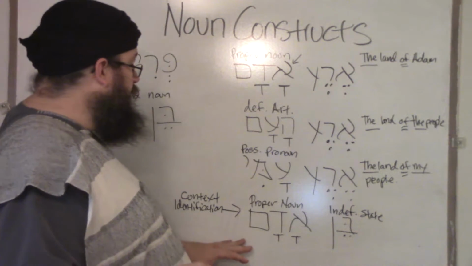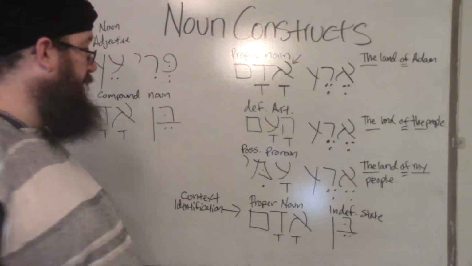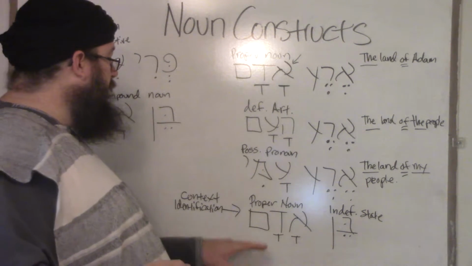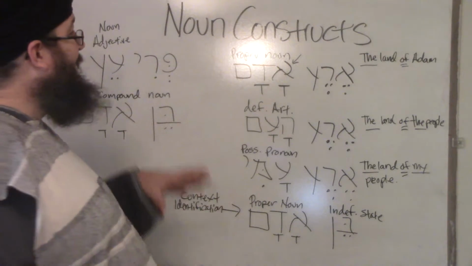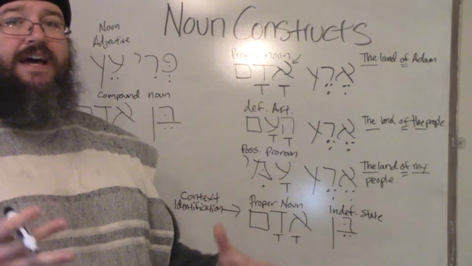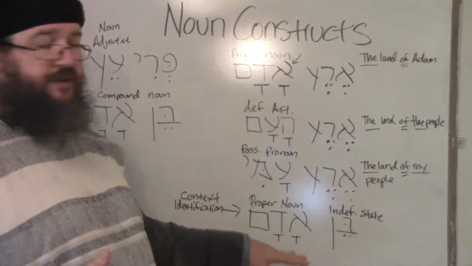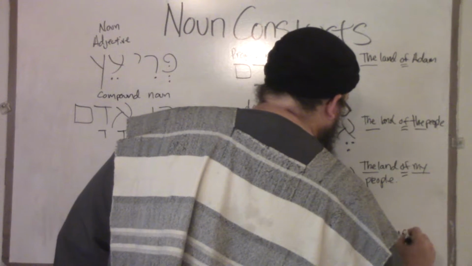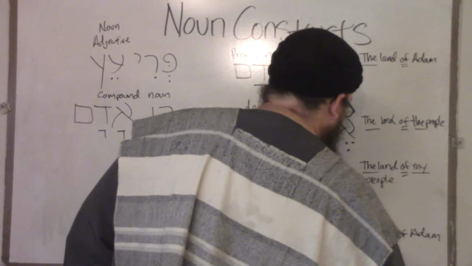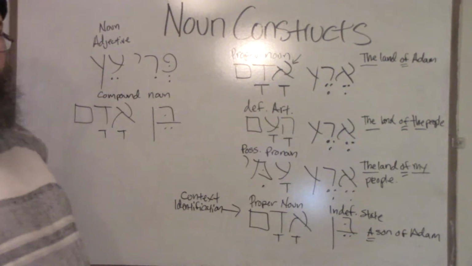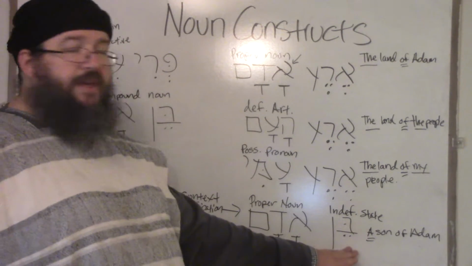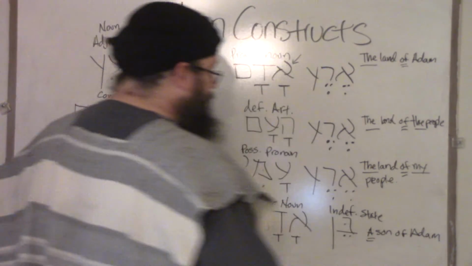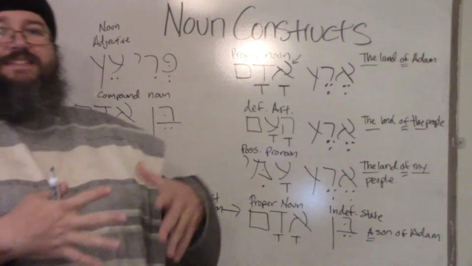Okay? Here we're going to look at the next one. This is the out of the ordinary state, where we're looking at an indefinite noun, which is the word ben, son, and we have a proper noun, which is Adam. In this case, we're going to neglect the proper noun to make it definite, which means literally we're going to say "a son of Adam." So here we're actually going to make the statement with the indefinite state, and the definite state is going to just be Adam. And this is something that you have to know that exists in Biblical Hebrew,